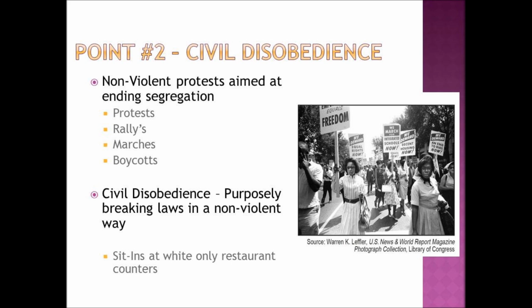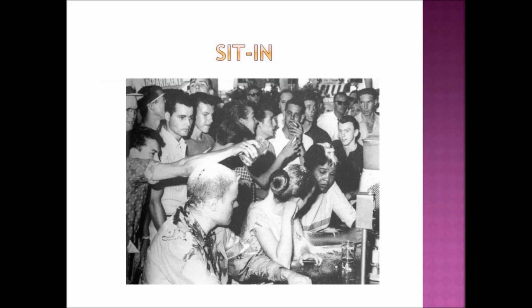So maybe develop a talking point on this. This is the picture I was talking about: African Americans sitting at the counter and people dumping things on them. It was dehumanizing and degrading, but at the same time they're getting a point across. I want you to think about how badly they probably wanted to turn around and do something violent, but at the same time they did not.